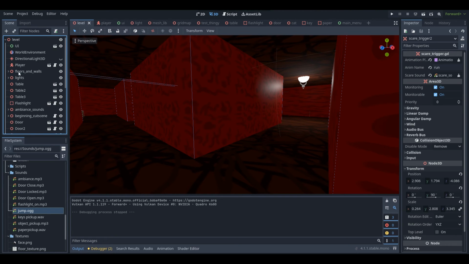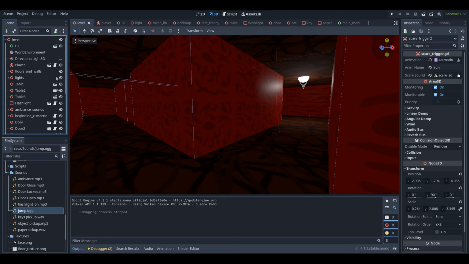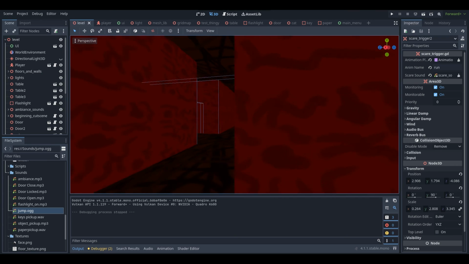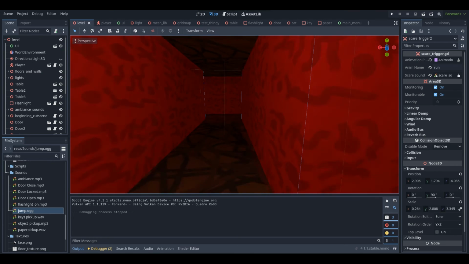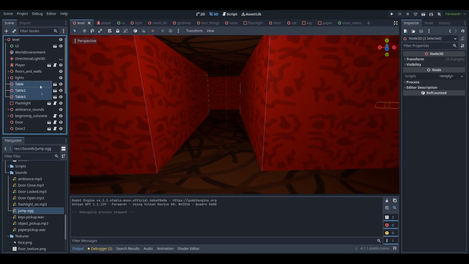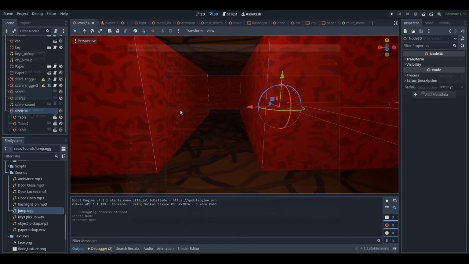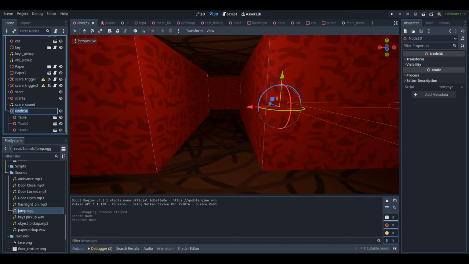So our scene's hierarchy is kind of messy, and I want to make sure that I'm grouping things up so then our hierarchy isn't just full with stuff. So what I'm going to do is select my 3 tables that I have in the scene, for example. I'm going to reparent them to a new node 3D, and I'm just going to call this tables. So now, this will just make our scene a bit neater,